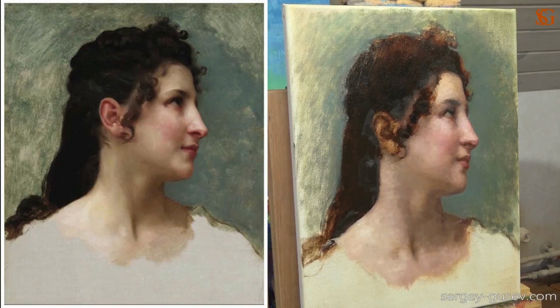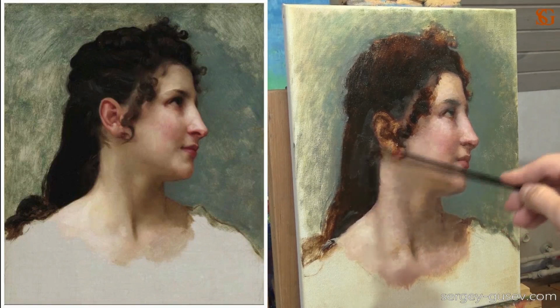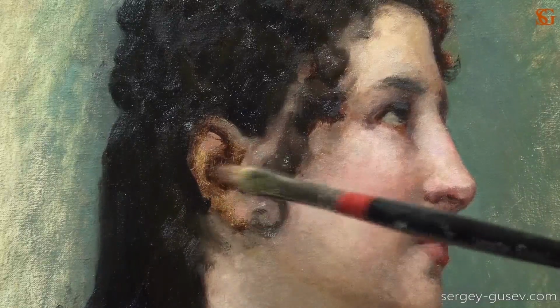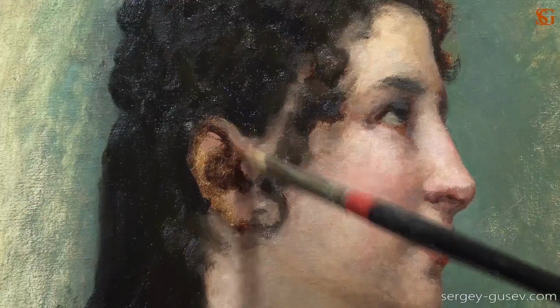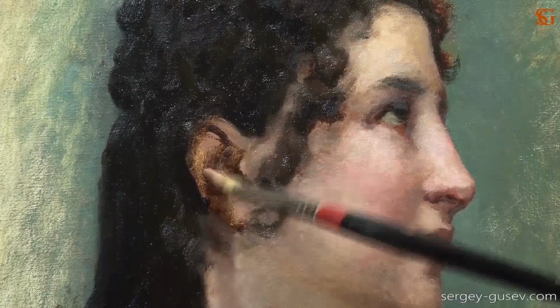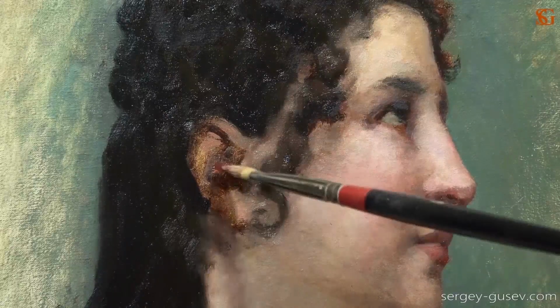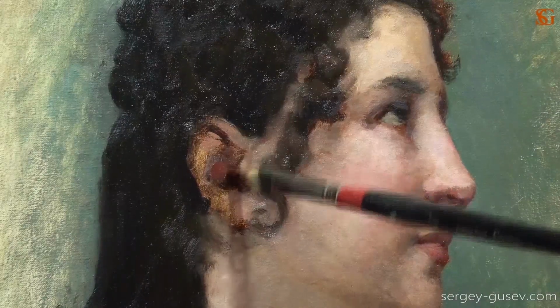Well, the hair looks more flat, there is less volume over there, but anyway we have lights and shadows, so we have to add a bit of white into the lights, not a lot though, and then we get back to the face. It's time to work on the ear. Again, it's very close to us, it is in the foreground, so let's focus on the ear. And I think when the ear is done, we're almost there, so we will just look at the overall painting and correct